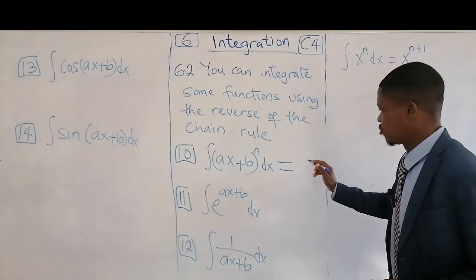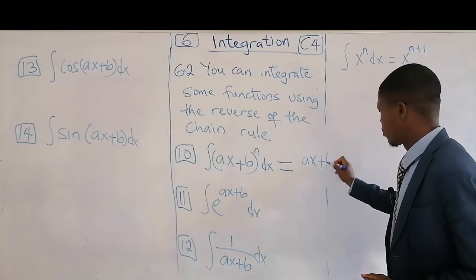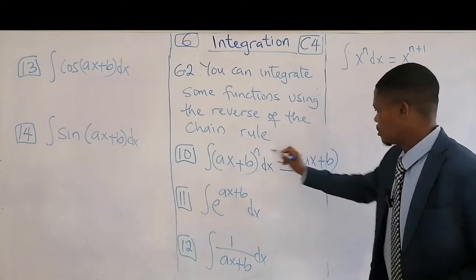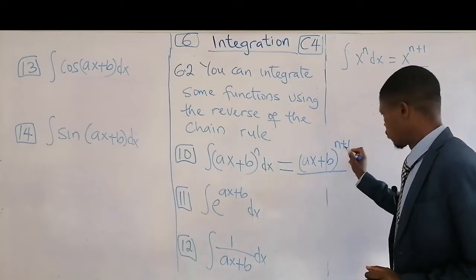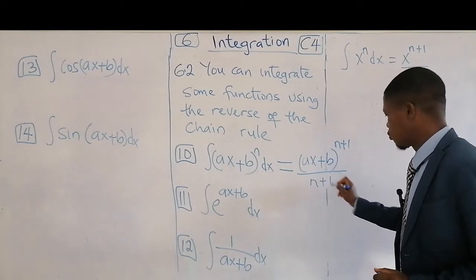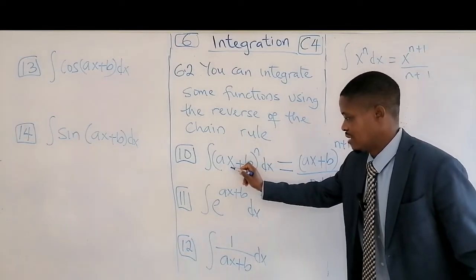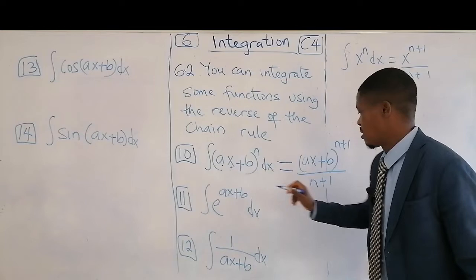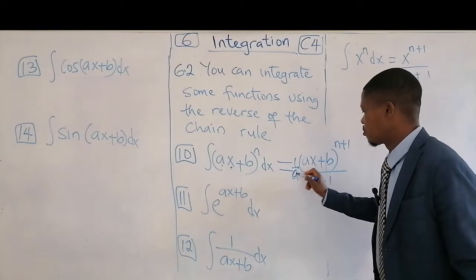The only addition to that is just that you write your equation, this plus b, then the power n plus 1, all over whatever you have here, n plus 1. You divide by the attachment to your function x, and that attachment is what? It is a. So that will have 1 over a in this place, 1 over a.